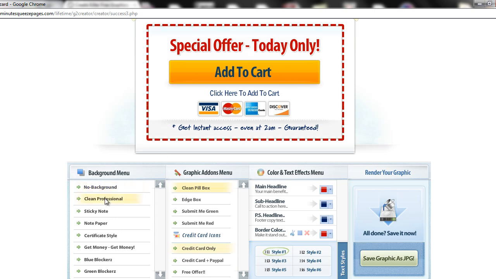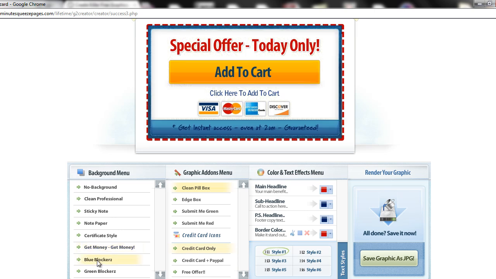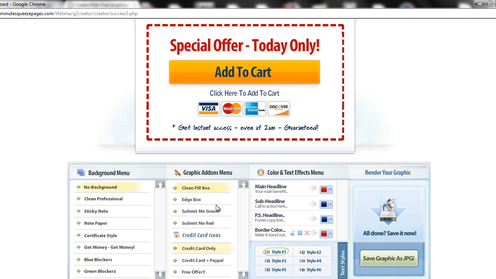You could have what they're calling a Clean Professional, which gives it a little bit more depth. You can add something that looks a little bit more like a sticky note, or something that looks more like note paper. You can use the certificate style, the Get Money option, then what they call blue blockers with a Z at the end, and of course green blockers. For now we're going to stick with the no background, because we're going to actually create a typical Add to Cart Belcher